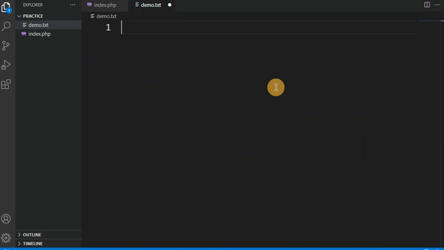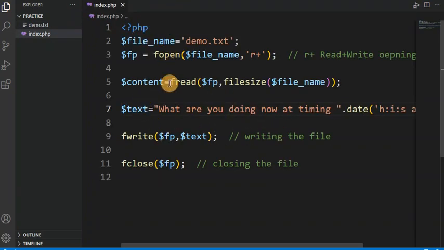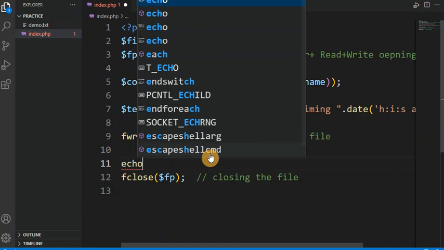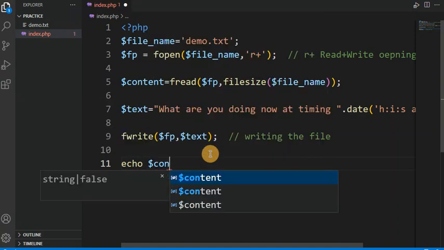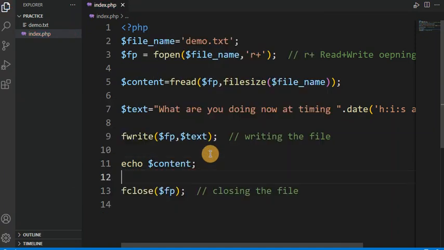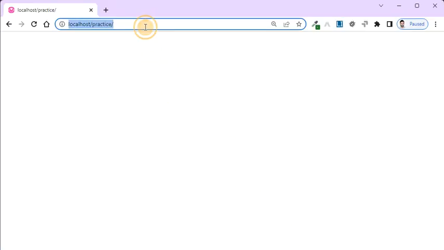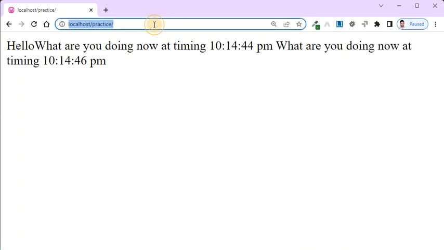So let me show you one more example. You can see in the demo.txt right now the content is only hello, and I'm going to read it here in line number 5, and write the new sentence here in line number 7. Then I'm going to close it, and after closing I'm going to print this content. So this way you can see. The first time it is showing only hello, and the second time it is giving the next statement,